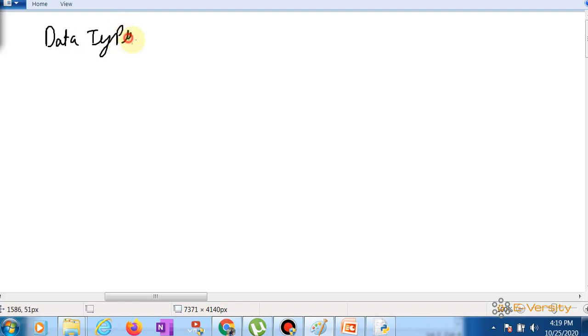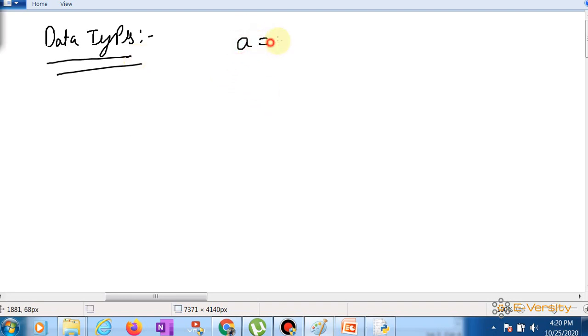Okay. So data types means what kind of data you have, and it must be stored in the same type of variable, right? If I'm talking about any other programming language, any other programming language has data types. Okay, here you can see there is no predefined data type.